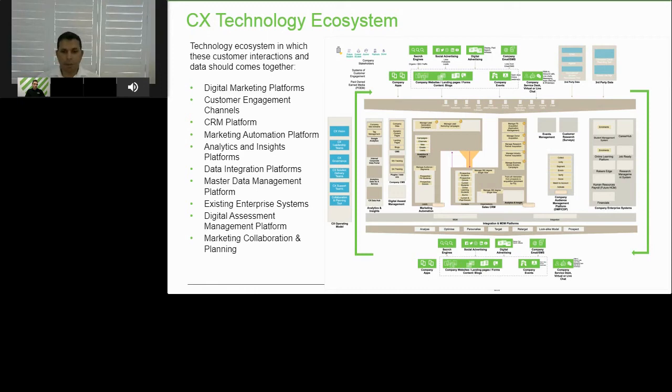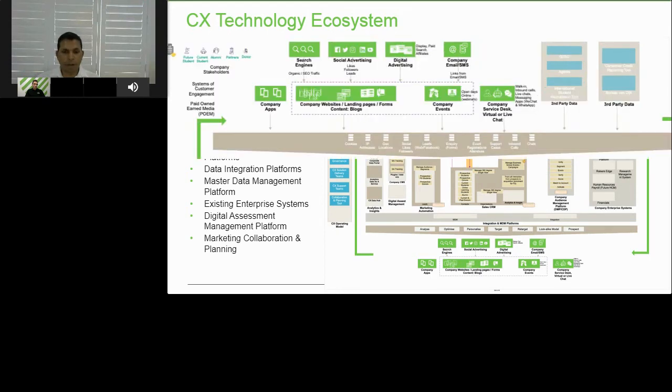Okay, so what I wanted to focus on is the channels part, because when we talk about customer-centric, the digital touch points are the key things. When we are planning the solution, some of the customers' current digital touch points we don't own at all, but we have to consume the data and work from them. For example, your search engines and social advertising platforms, digital advertising, and even the SMS or email marketing platforms that you use. Some of them you don't own, specifically the social and search engine ones.